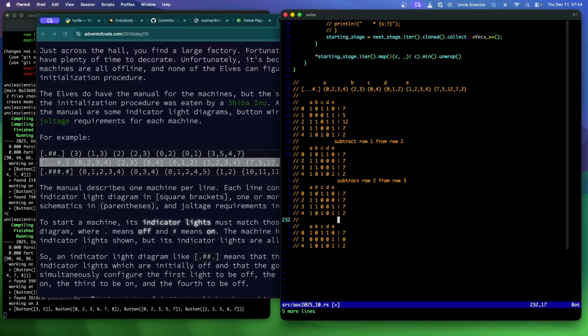This is subtract 2 from 3. Okay. There. And then eliminate row 3 because it's 0. So remove it. And then we're just left with